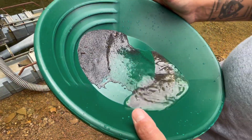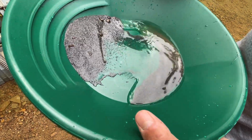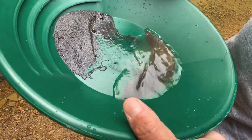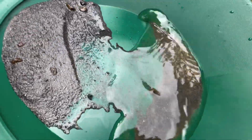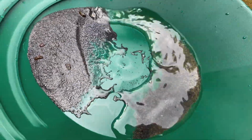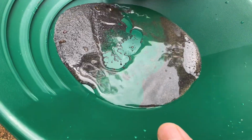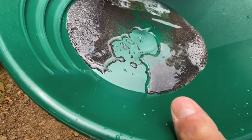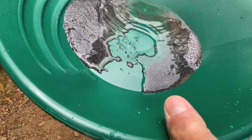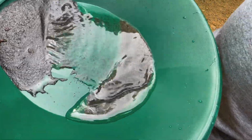Now, my first clean out yesterday was more than what both of these clean outs put together are, just in the top mat. Now, I gave that to David because he got sick and he wanted to go home, so I took him home and dropped him off. He drank too many energy drinks. Yeah. Maybe not though, because he's still feeling it today, so I guess it still could be from that, but I don't know. He didn't get no sleep the night before. It could be a combination of things. I'll say it's a combination of things, because...